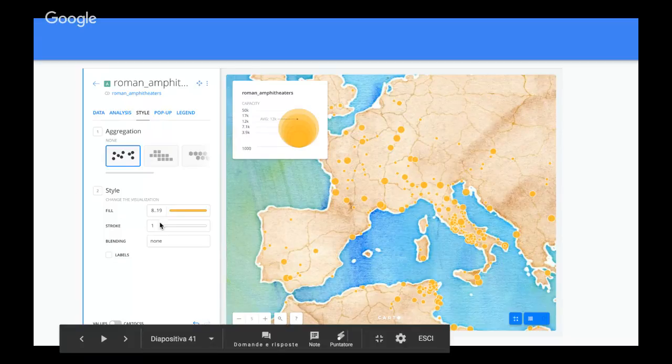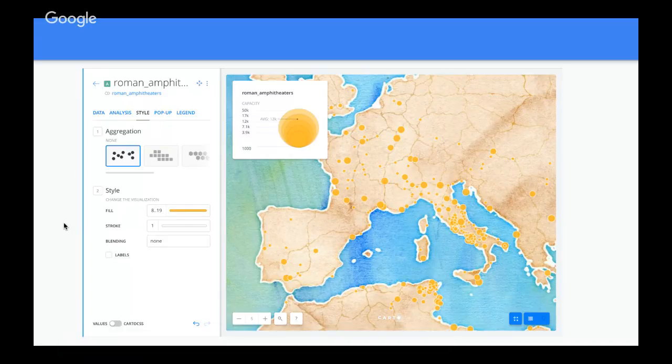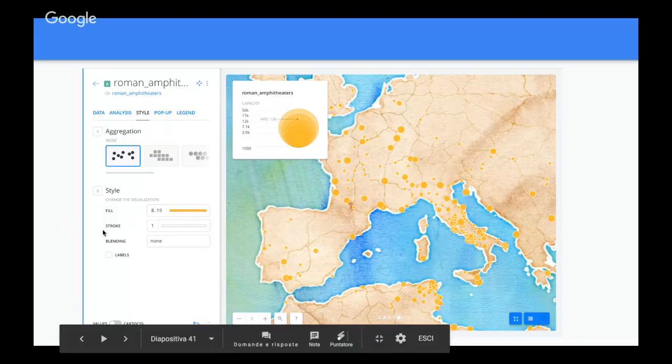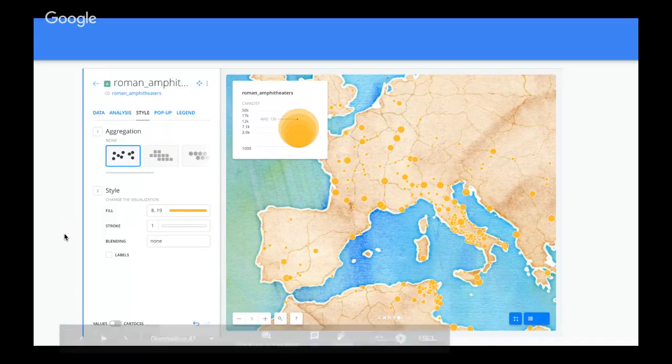And you will need to set the style according to the value that is shown in your file. So you will need to know that in Carto, each column is called a value, and so on. So you will need to play with it a bit in order to understand how it interprets the data. But it basically allows you to do the same things as QGIS.